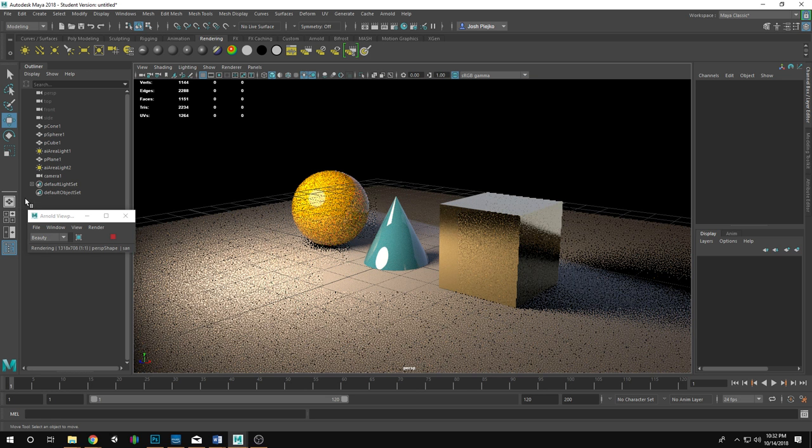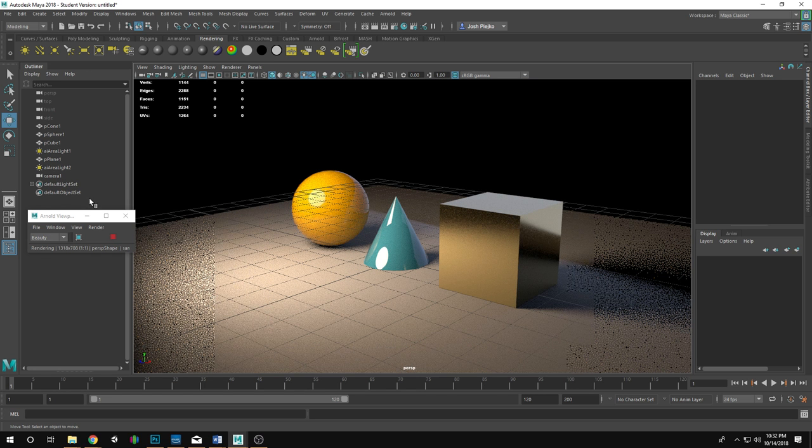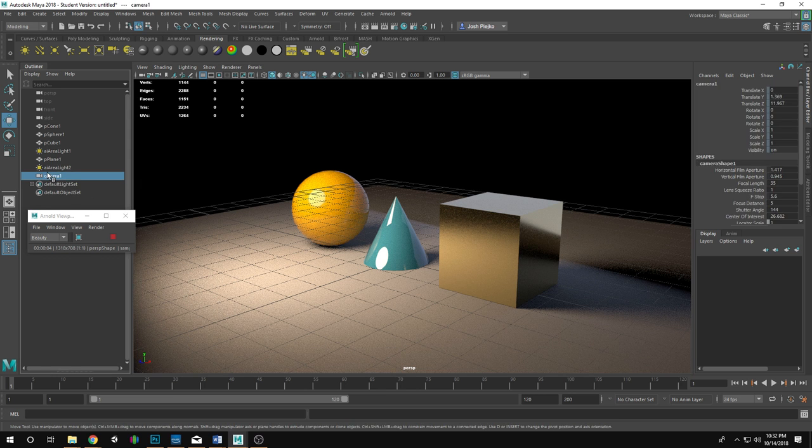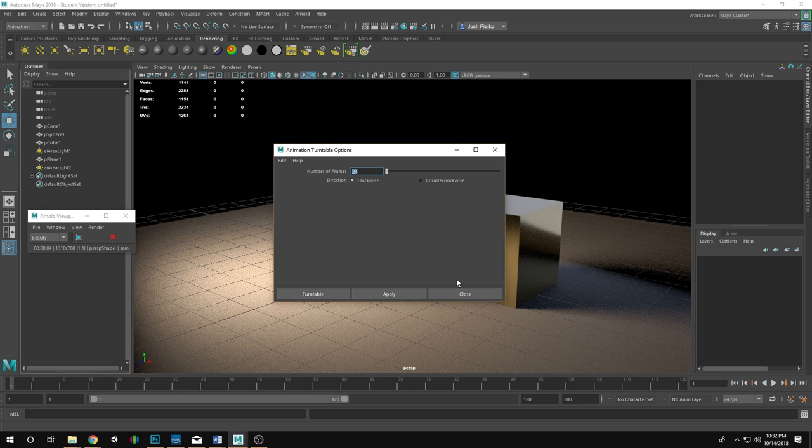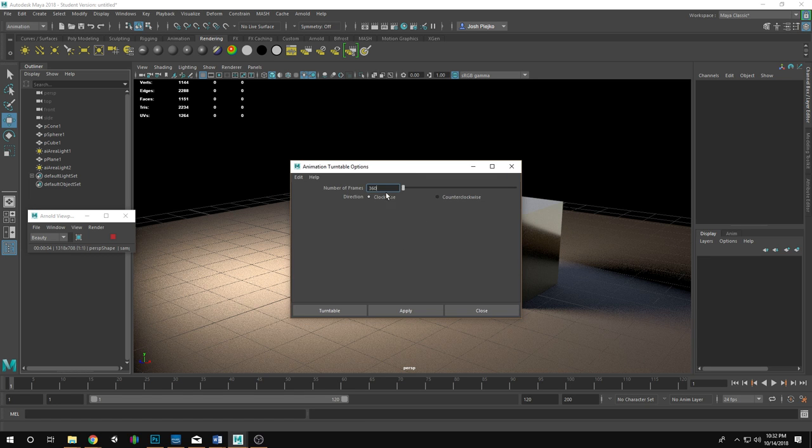That is not good. So what I'm going to show you how to do is a very quick camera turnaround. First I'm going to get rid of this light that this camera, because I don't need that. I'm going to go into my animation, visualize, create turntable, and I'm going to check that box. And my number of frames, 24 frames, that's almost a second. That's not enough for me, so I'm going to go 360, which is a little bit more efficient, I'd say, for a turntable. If I hit apply on that,